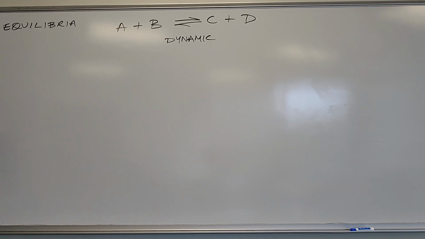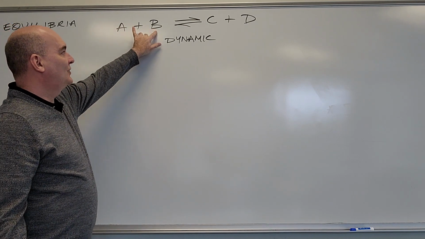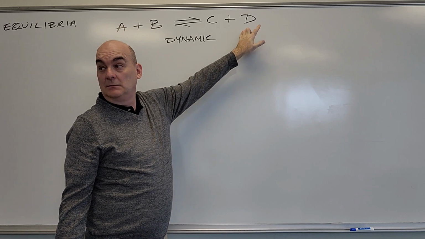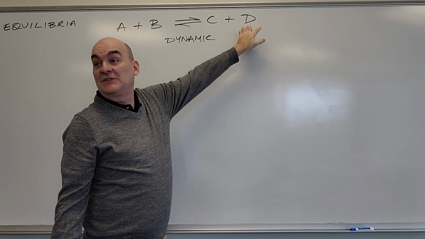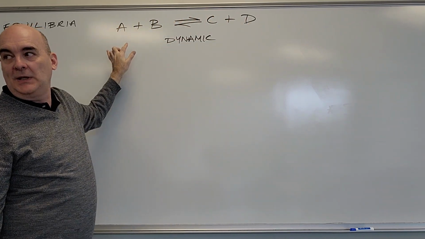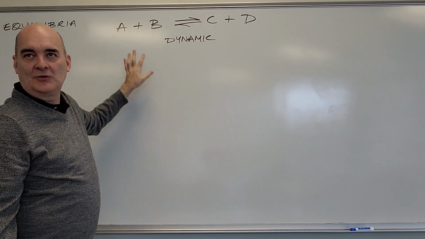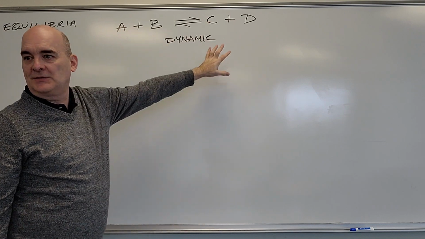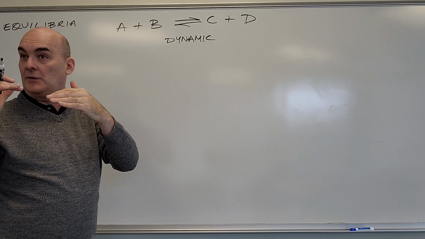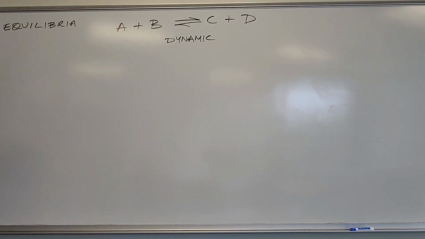If I were to take any additional B and A and turn them into C and D, then some C and Ds would have to turn back into A's and B's. So this is in constant flux. It is moving backwards and forwards, but settling on a point of balance. So equilibrium is a dynamic phenomenon. Okay,